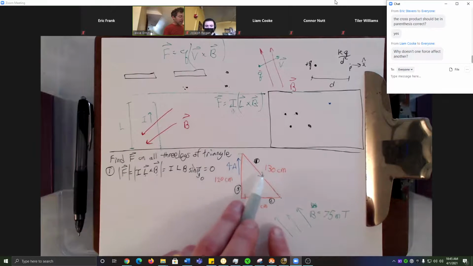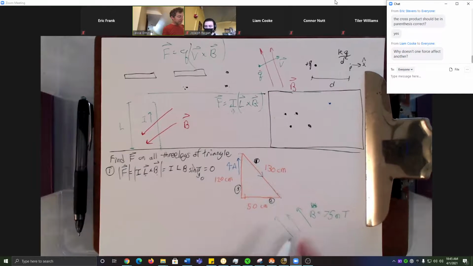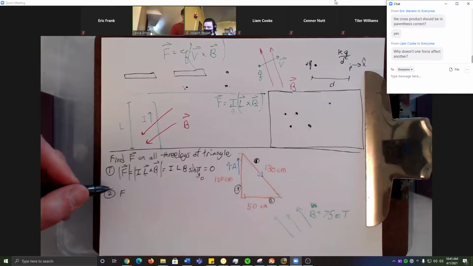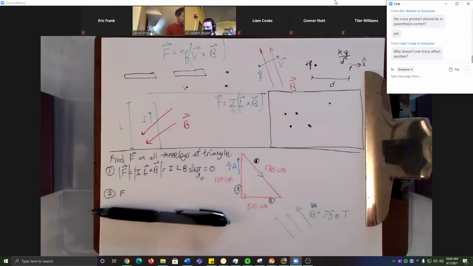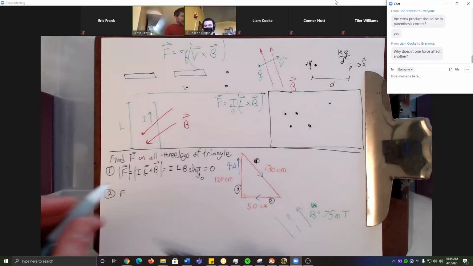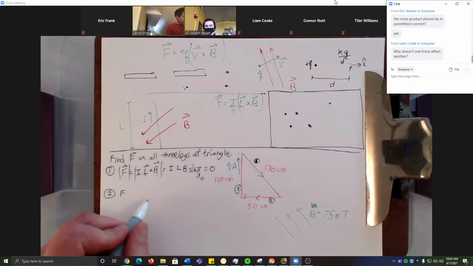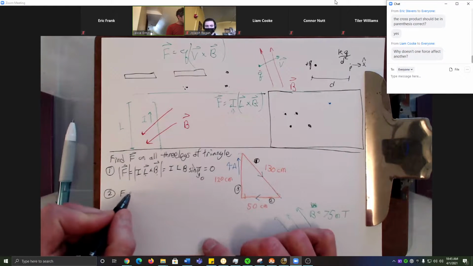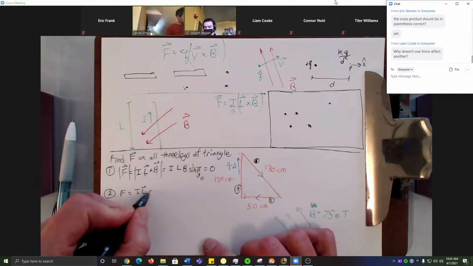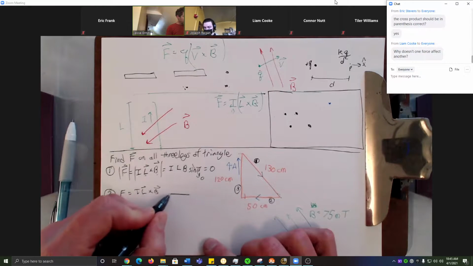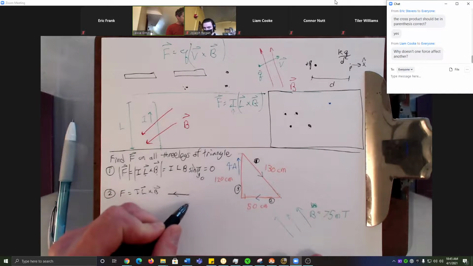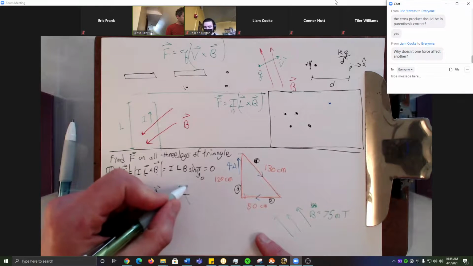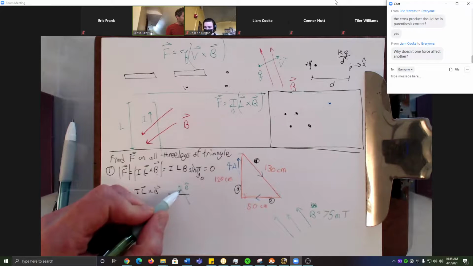Okay, so this one, the force on this leg from the B field is nothing. So let's find now the force for leg 2. All right, this one's going to be a little trickier because now the current is going this way. And so for leg 2, now we have something whose direction is this. So it's still I times L vector cross B vector. But now L vector goes this way, and B vector goes this way. And so now I need sine of this angle,